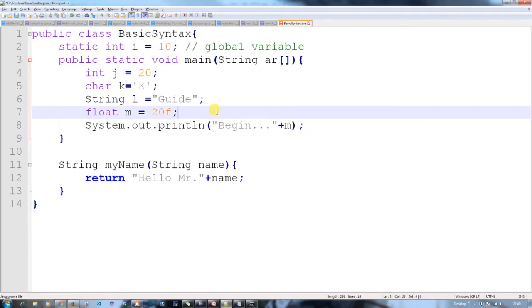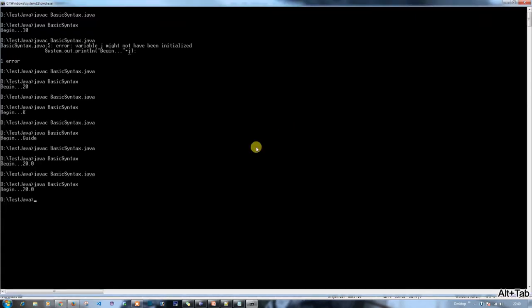Double is again defining the decimal number, and let's see what happened. One second, I think 20 should throw some error. Let me see what happened. 20.5. Yeah, that is the problem. I was shocked. How come it is